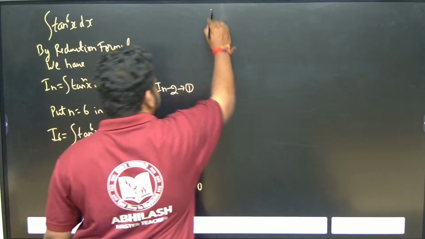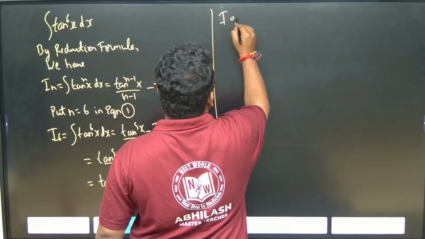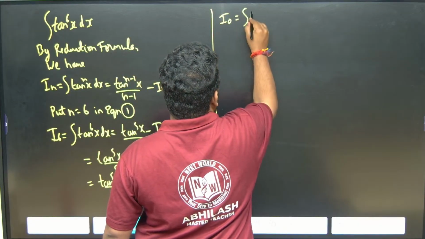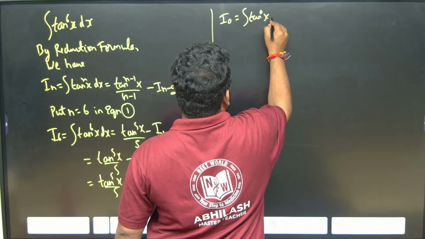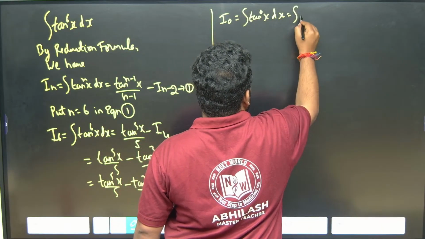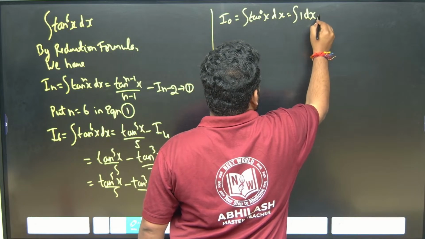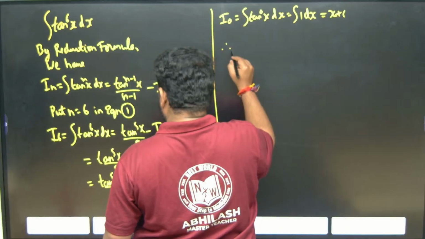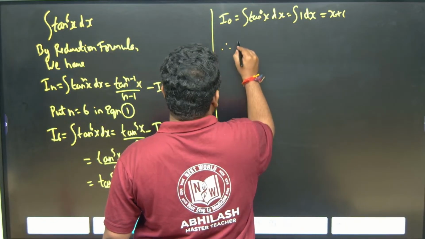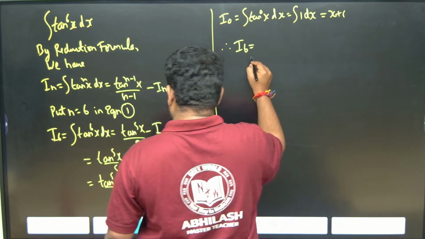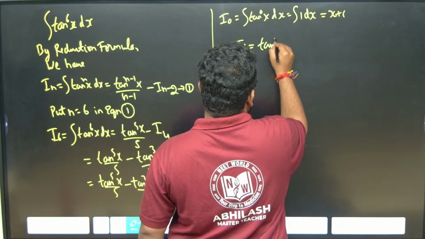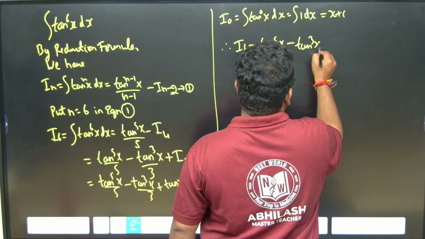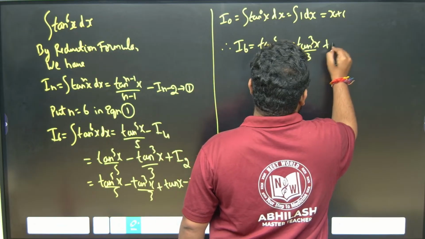So see here, I0 means integral of tan power 0x dx, that is nothing but tan power 0x is 1, so integral of 1 dx, that is nothing but x plus c. So therefore we have, this will become I6 is equal to tan power 5x by 5, minus tan cube x by 3, plus tan x,